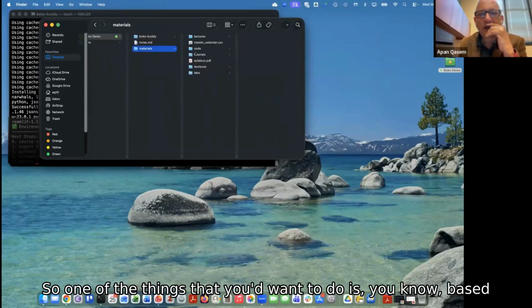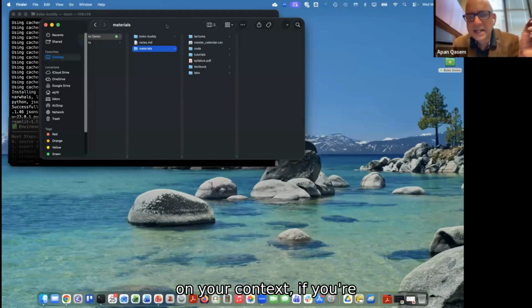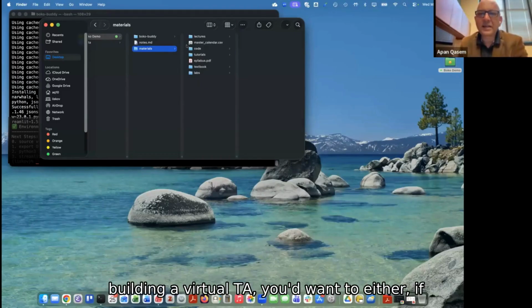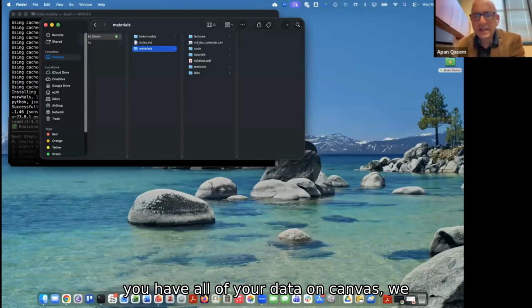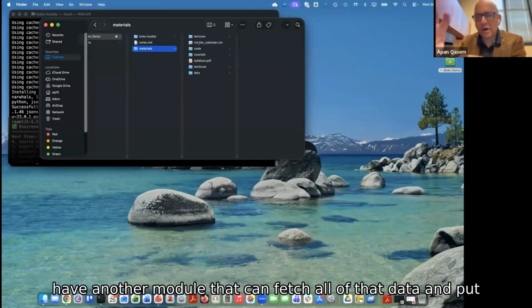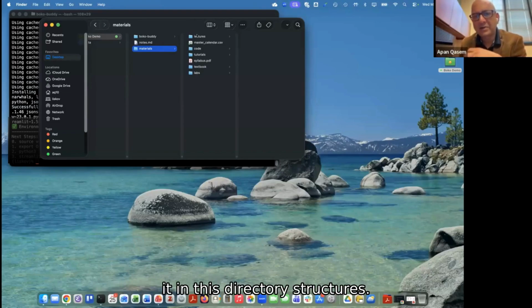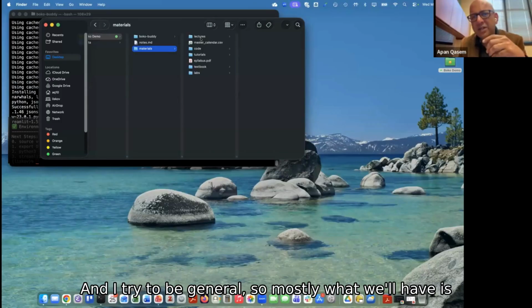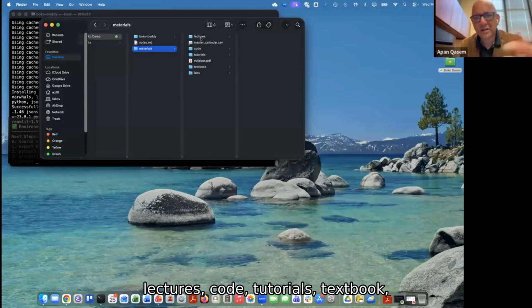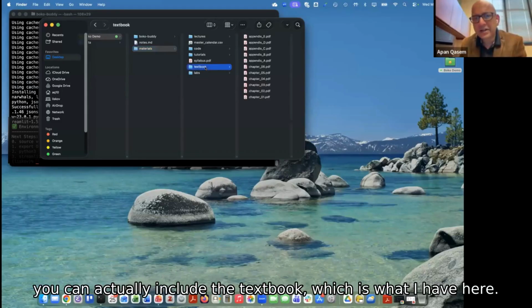One of the things you'd want to do, based on your context, if you're building a virtual TA, and you have all of your data on Canvas, is use another module that can fetch all of that data and put it in this directory structure. I tried to be general, so mostly what we'll have is lectures, code, tutorials, textbook. You can actually include the textbook, which is what I have here.